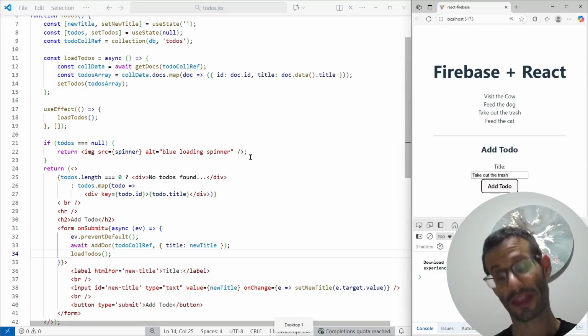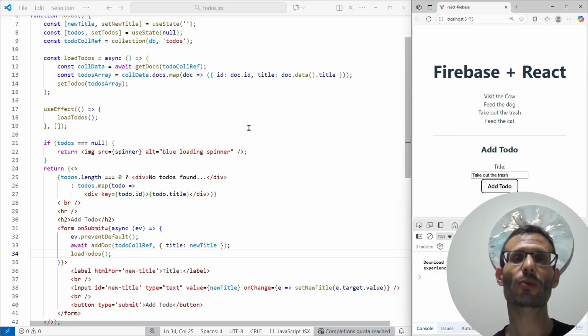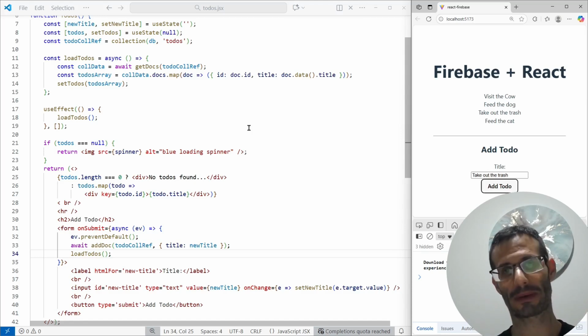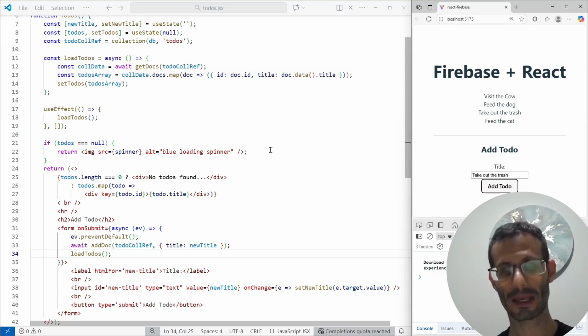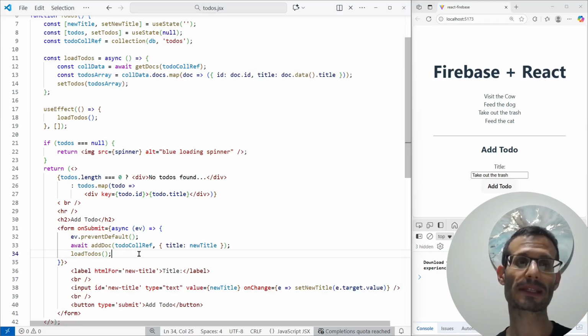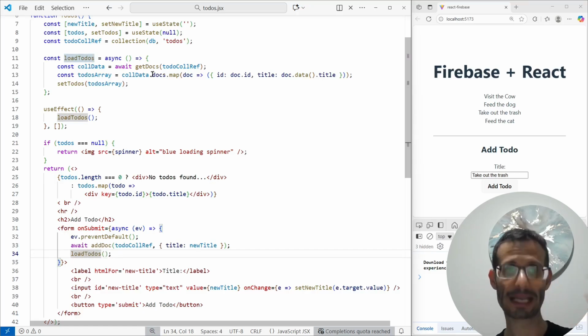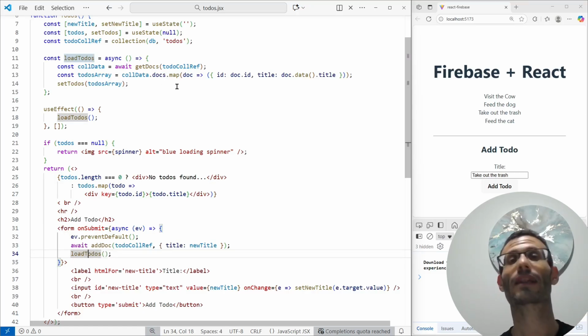to the list. The thing is that this approach, even though it's working, it's not optimal. And actually it's quite wasteful. And there are 2 reasons for that. First is increased latency. And this is because the way it's implemented now, the update of the list requires a full round trip. We send the request to Firestore, right? When we're calling this function loadTodos, we're asking for the updated documents in the collection, and then Firestore sends